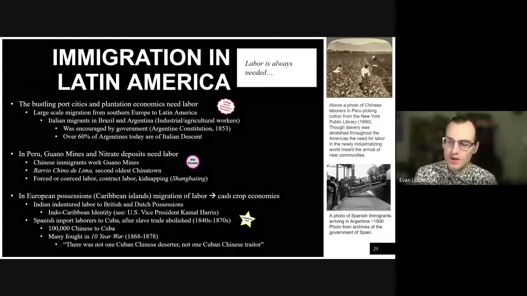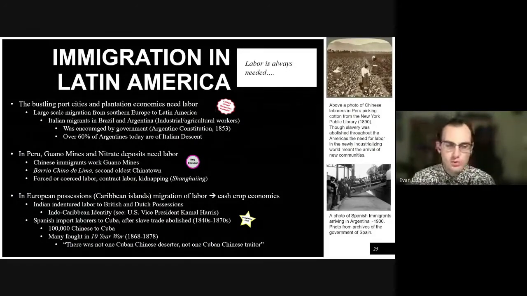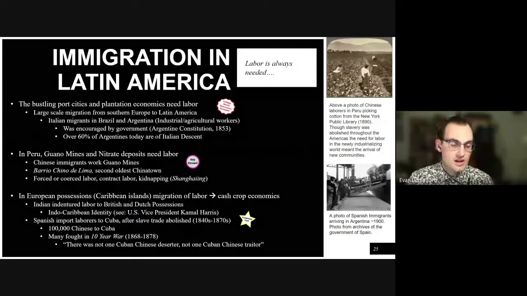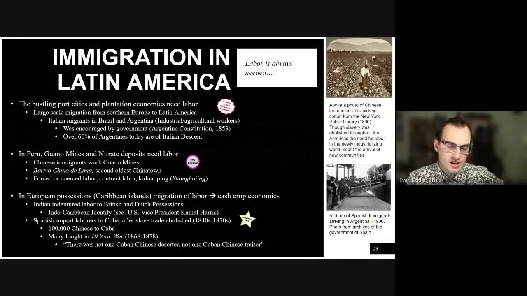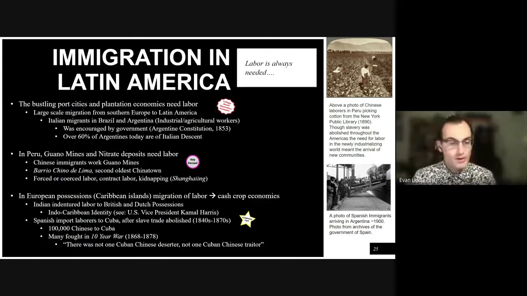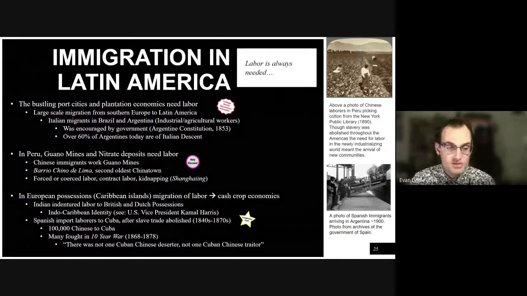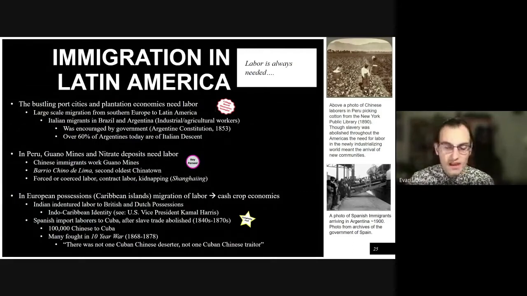On the other side of South America, along the Pacific coast, Peru and Chile, who were building their economies on exporting raw materials, including guano and nitrates and copper mining, also needed a large labor force, so sought to bring Chinese immigrants to places like Peru in order to work in the mines, as the majority of the indigenous labor force was living in the Andes. And so South America also sees the rise of Chinatowns, just like in the United States. So Barrio Chino de Lima, which is the Chinatown of Peru, is actually the second oldest in the entire Western Hemisphere. And this was not necessarily free labor, if you will.